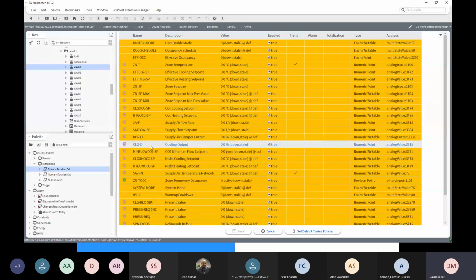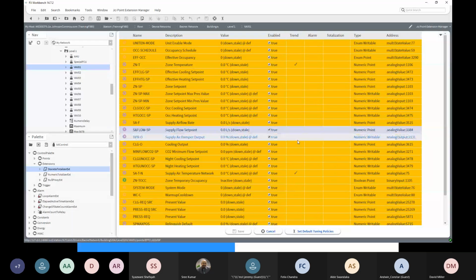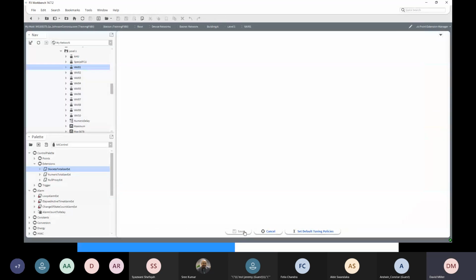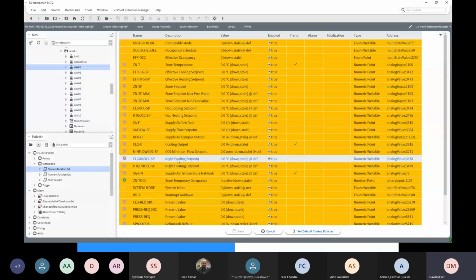So if you wanted to trend the cooling output, you'd come here and click on here. So for the cooling output, I right click, and I can choose to put a change of value history or an interval, a 1 minute interval, 5 minutes, 30 minutes, or remove. Okay. So if I went 5 minute interval,